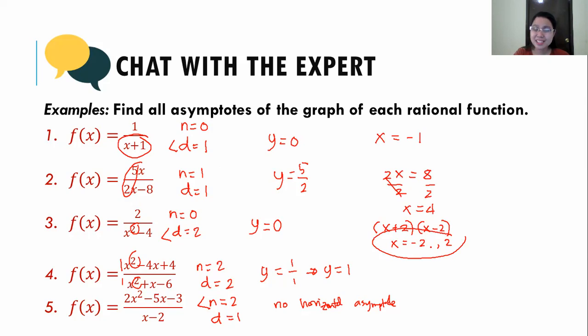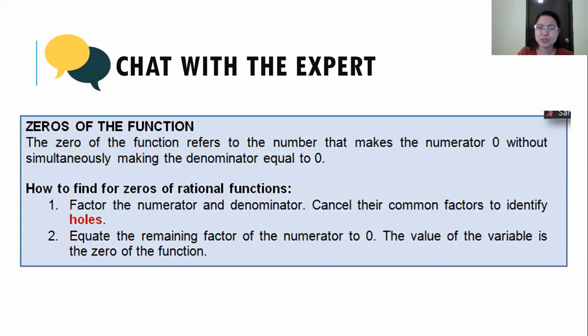Now, any questions for the asymptotes? No questions? Let's go to the next part, the zeros. The zero of the function is just taking the value of the numerator. You need to solve for the variable in the numerator. Now remember, if you have a function again,